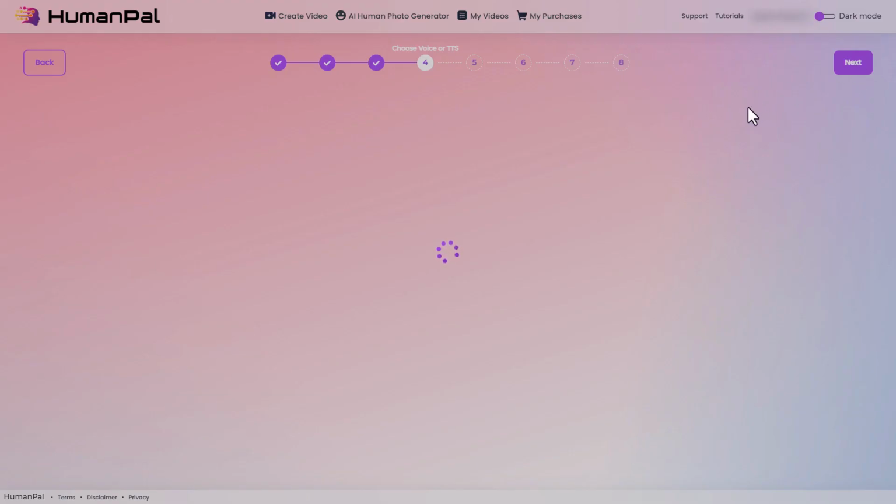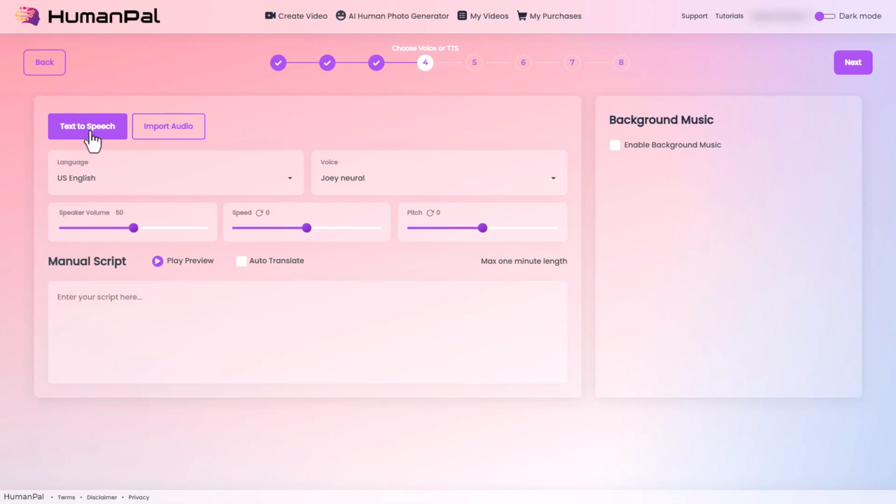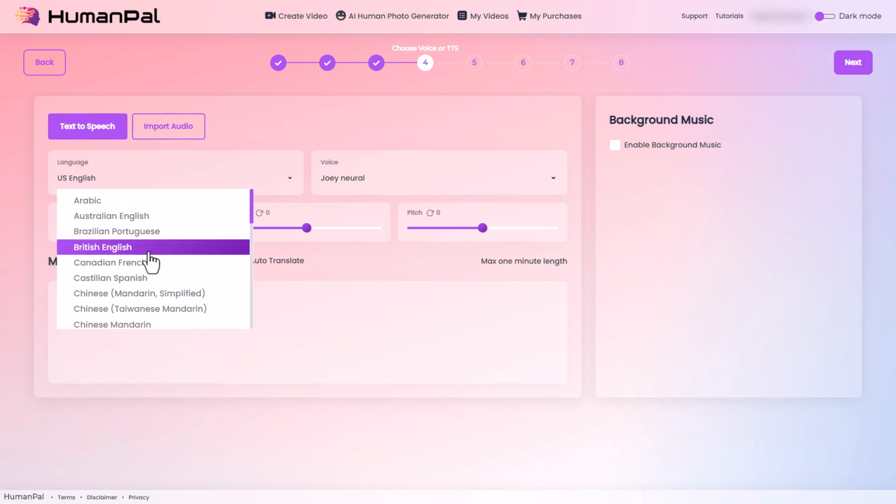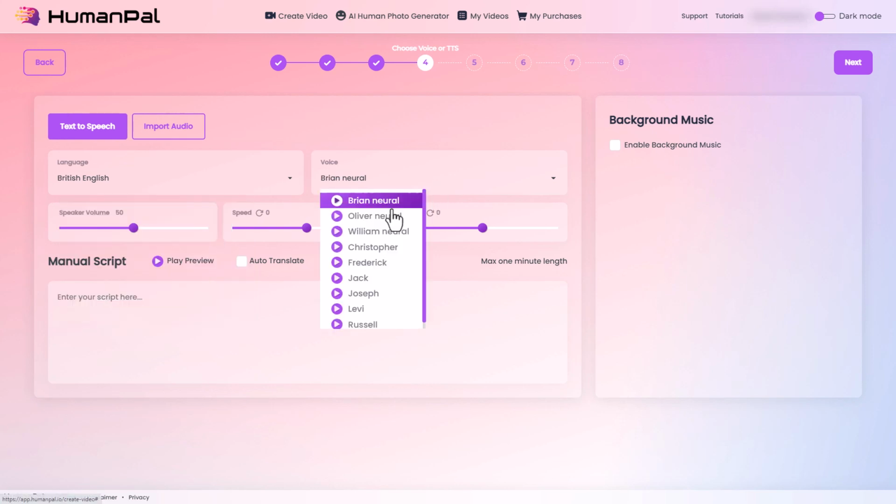So I click next. Now this is really text-to-speech software. You can import your audio. I've not tried this yet. I might do that if enough people would like to see that feature. But what we can do is we can have different languages or different variations of the same language. So it defaults to US English. I live in the UK, I'm British, so I'm going to pick British English. And then we can pick from quite a lot of voices, and you can try out the voices.